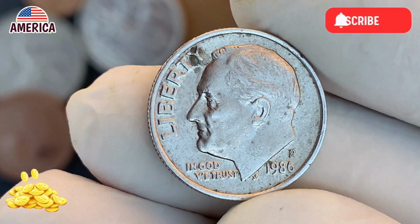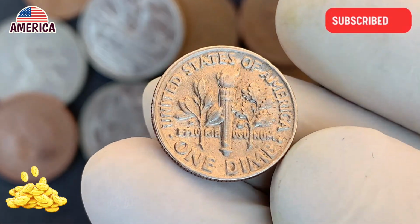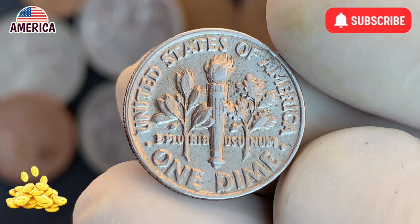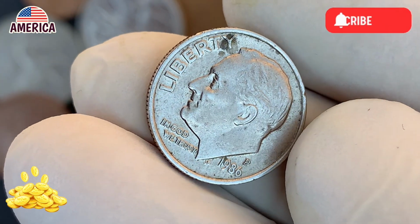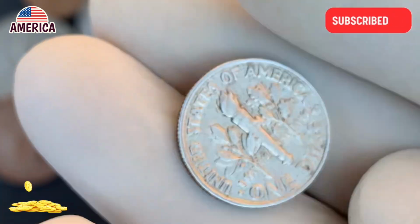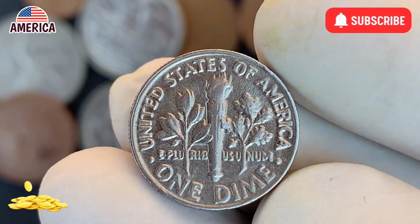that separate a common coin from a rare gem. The 1986 dime with its potential errors is a prime example of this journey. It encourages collectors to look beyond the surface, to appreciate the minute details that can reveal a hidden error. It is this attention to detail, this relentless pursuit of perfection in imperfection, that fuels the passion of numismatists around